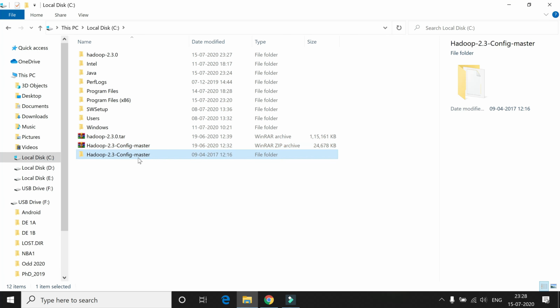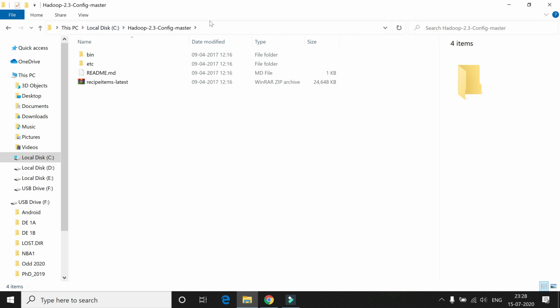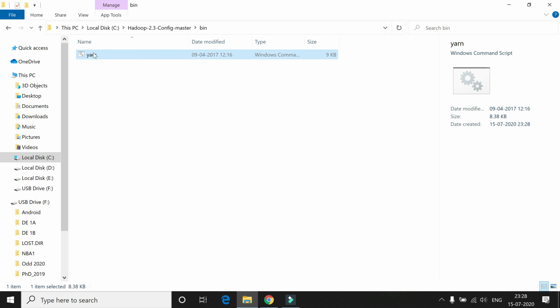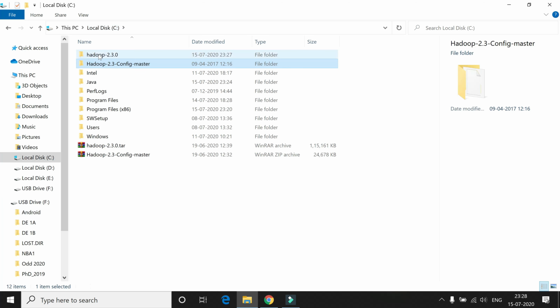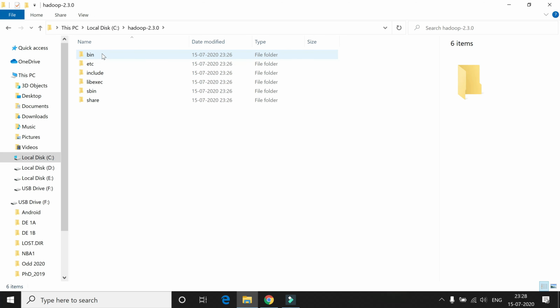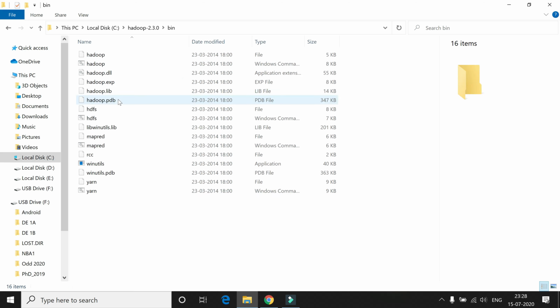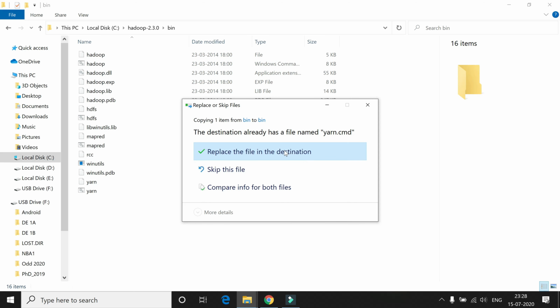This Hadoop folder belongs to the configuration file, and it contains the folders bin and etc. So open the bin folder, copy this yarn.cmd, and put it in your installation folder Hadoop 2.3.0 bin and paste it here. Just replace the file.